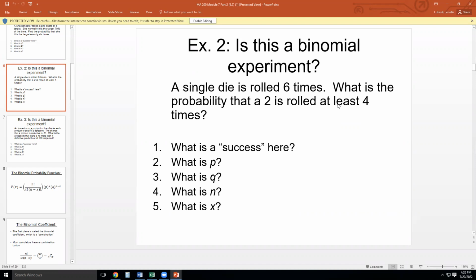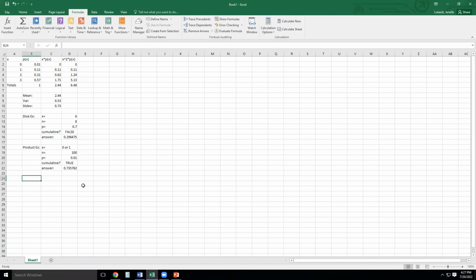So same thing applies here. At least 4 means we'll be happy if we get a 2 to come out 4 of the times, at least, or more. So 5 times or even 6 times would be fine. And we stop at 6 because we're only doing 6 rolls. So here, for our dice example,